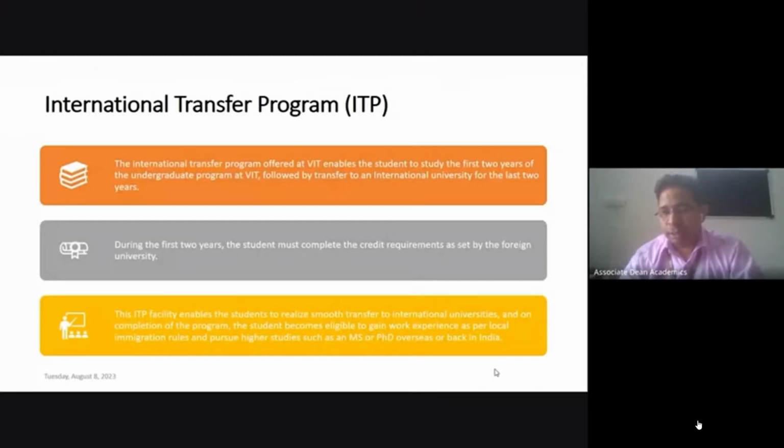So if you are willing to complete your last 2 years at some university abroad, you need to check the requirement of that foreign university, what credit requirement I must complete as a student up to 2 years, so that I can fulfill the required credit requirement for the abroad university to complete my remaining 2 years there. Understand? And this ITP facility enables the student to realize a smooth transfer to international universities,